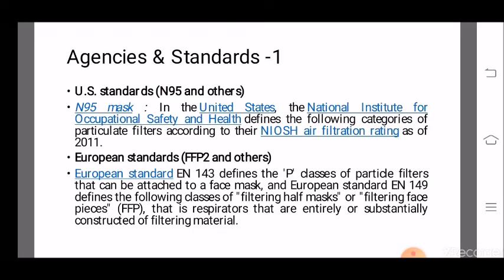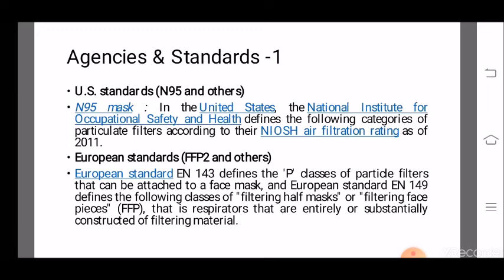US standards are following N95 masks. National Institute for Occupational Safety and Health, NIOSH, helps a lot from 2011 standards to have certification of N95 mask. In Europe, it is going to be called filtering face pieces, FFP. So according to European standard EN 143, it defines the P class particulate filters that can be attached to the face masks,